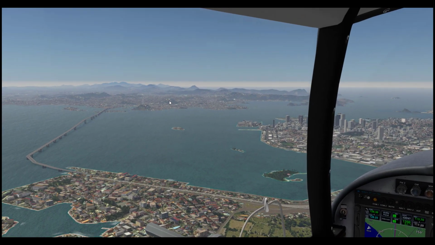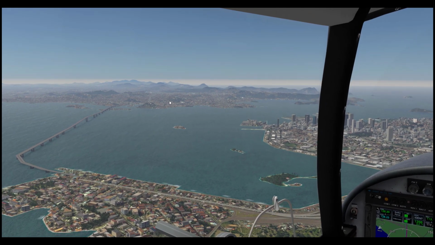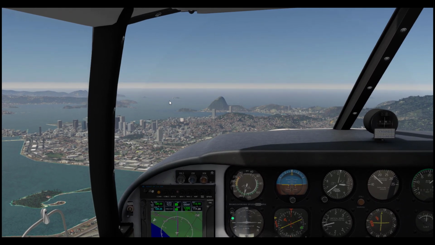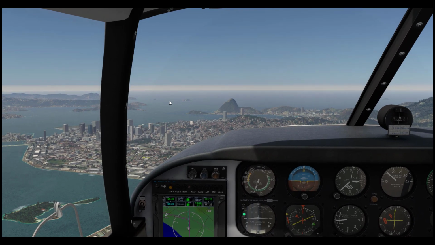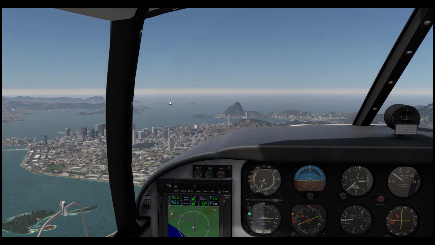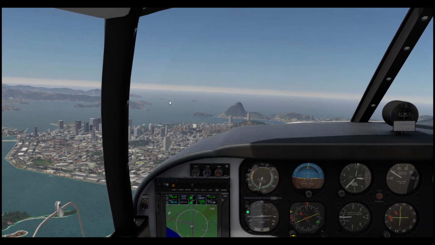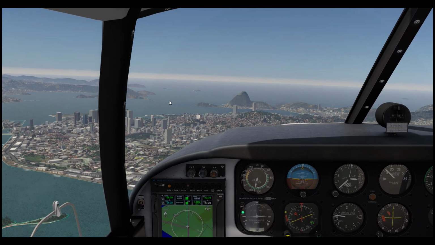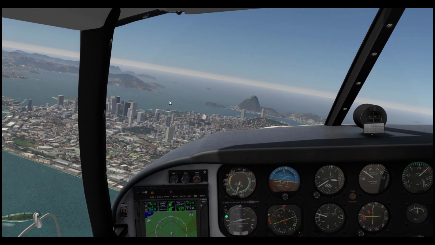Okay, now look across the bay. Look at all that, millions of people over there. I mean, very rich. So no, I will say that AutoGen scenery, just fresh out of the box, no third-party software, I give it to X-Plane, and now it being X-Plane Vulkan. I give it that. But if you're willing to invest some software, and here's the beautiful thing: if you've already